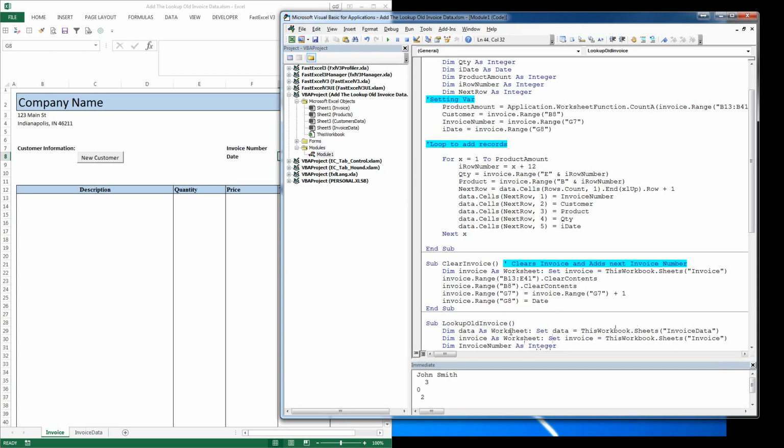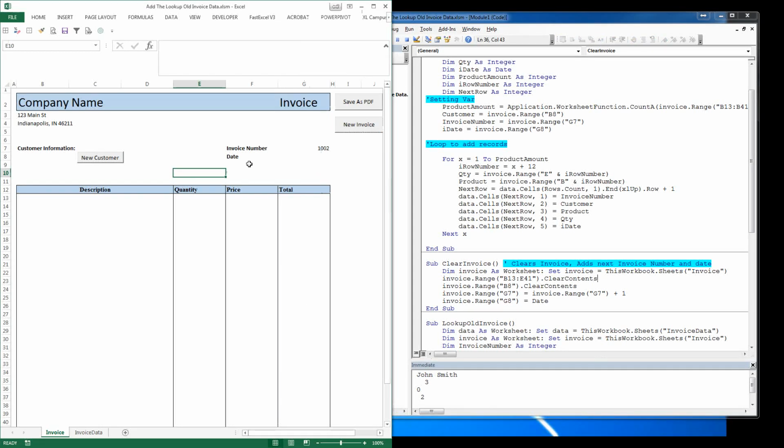Now, when it clears it, let's update our notes. Sorry for the delay. So now when they click new invoice, it will automatically put the date in there as well. Alright, now